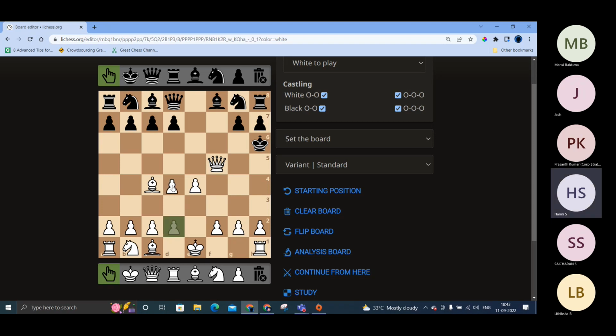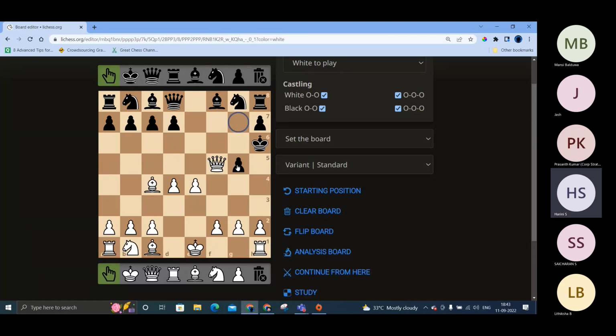So white moved d4. By moving to d4, you know what happened? The bishop is giving check to the king. Okay. So now black did this, which blocked the attack. So this is what a block looks like in a game. Okay. So there was an attack earlier and then this